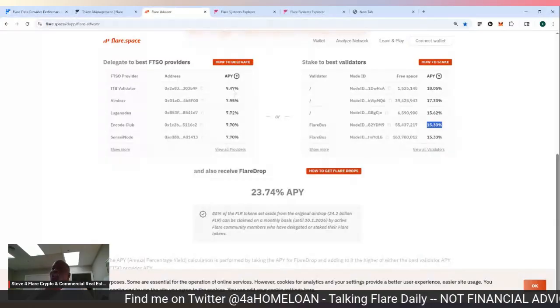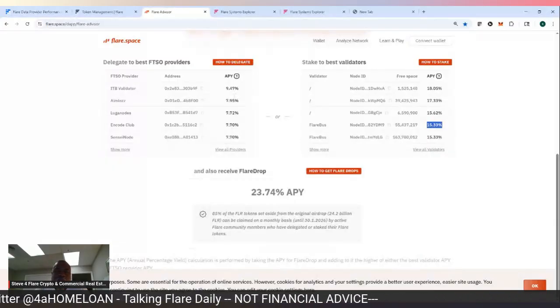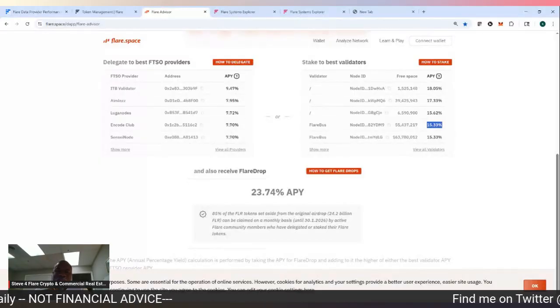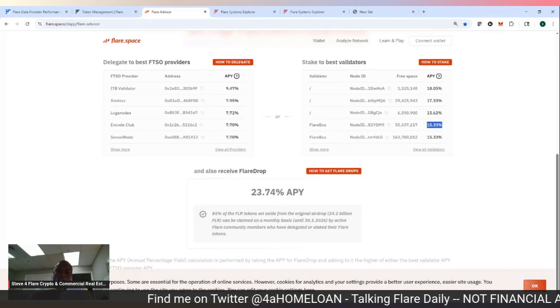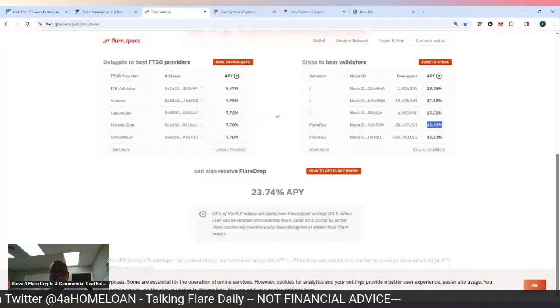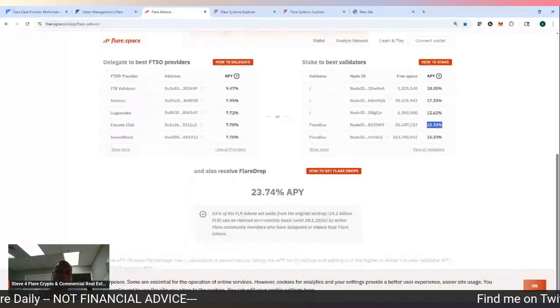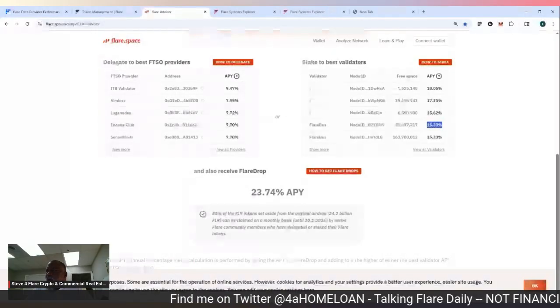But I go with my own delegations. I do have some in Scepter, but I go with my own for a good, bigger part of my bag because sometimes I might want to use some of those rewards weekly and do some LP with them. And so when you have it in Scepter, yeah, you could swap some of the S-FLAIR to get the 50% to do an LP pair, but then you're taking a 10% hit, right? So I don't want to deal with a 10%. So I do have some set it and forget it Scepter, but for the most part, I always delegate to